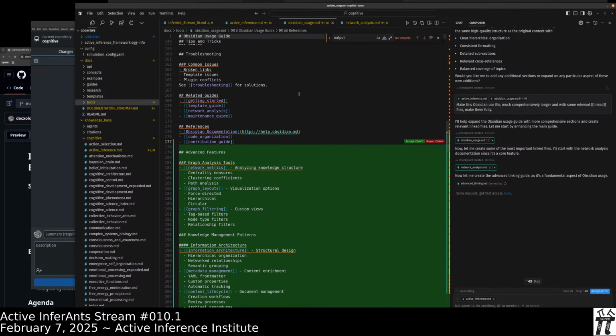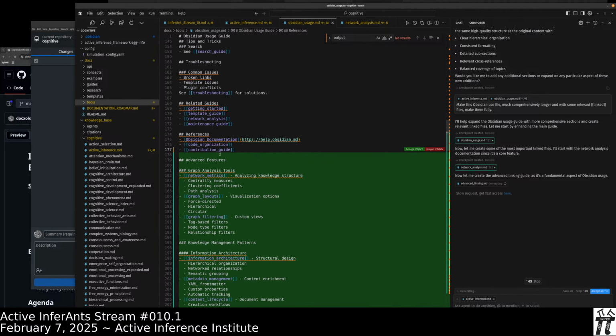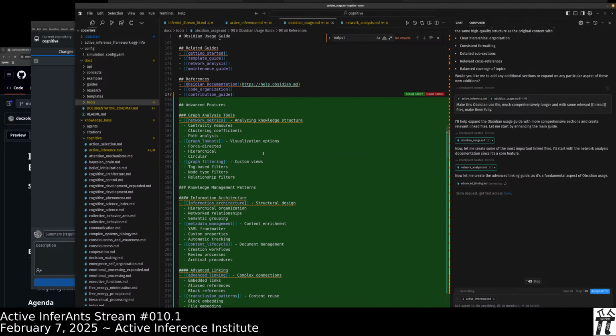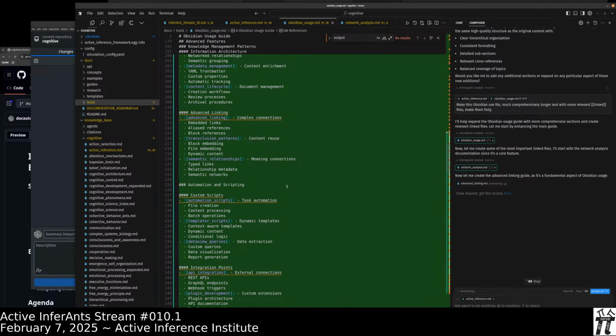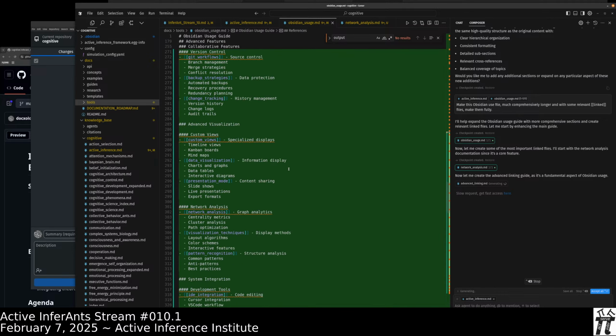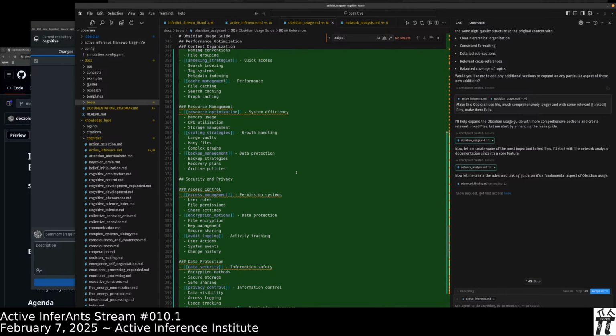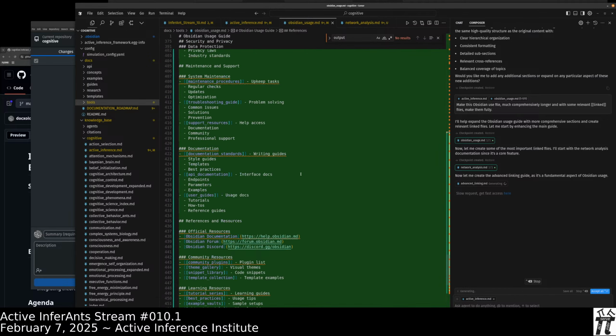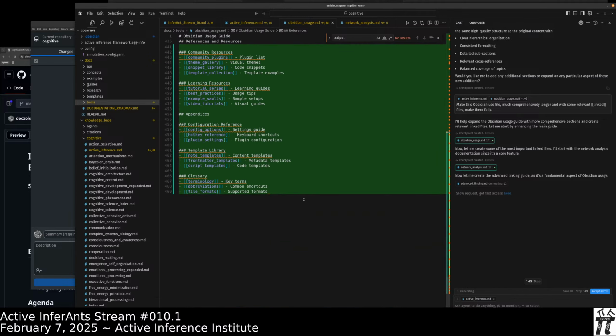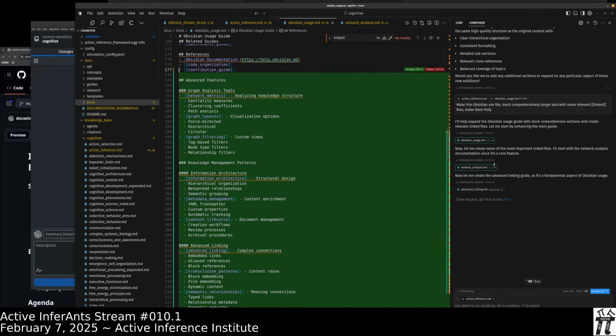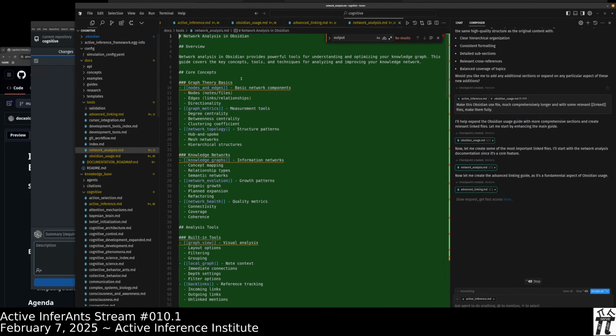Here's what the Obsidian update is doing. So it gets that we're within an Obsidian repo. Here now it's updating the Obsidian documentation for itself. There's probably some points of diminishing returns, but it just wrote several hundred lines. And then now it's going, okay, well, let's make a new linked file for network analysis.